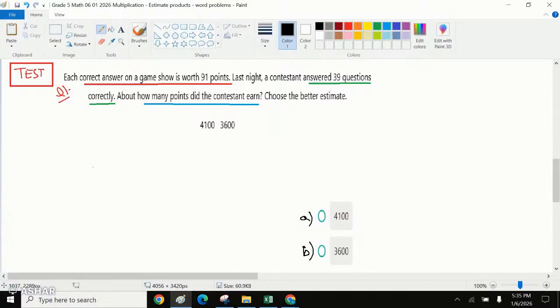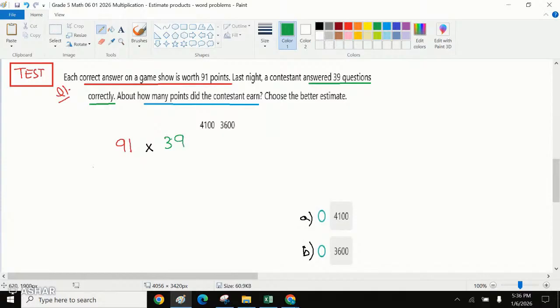91 points per correct answer. 39 questions were answered. Option A or option B? Nate, what is the answer to this? Okay, great. Let's verify. Valerie, let's see. You're saying there were 91 points multiplied by